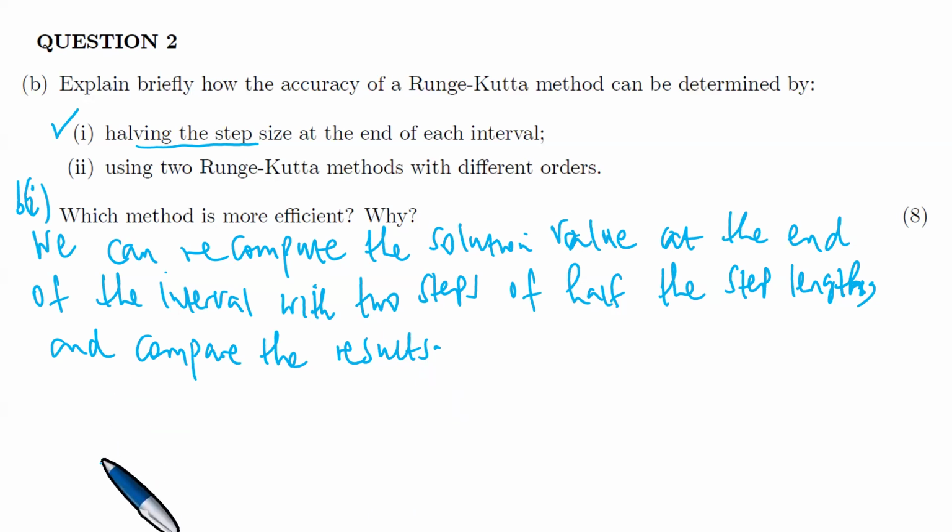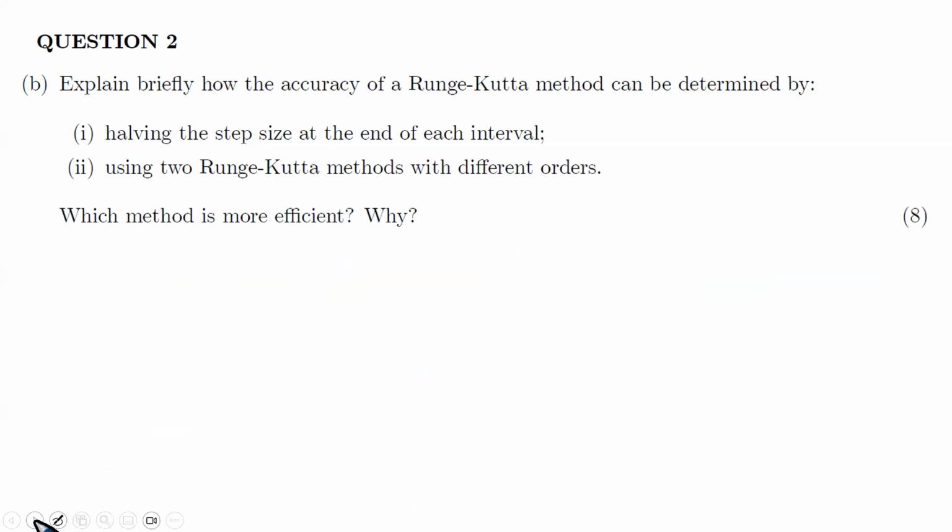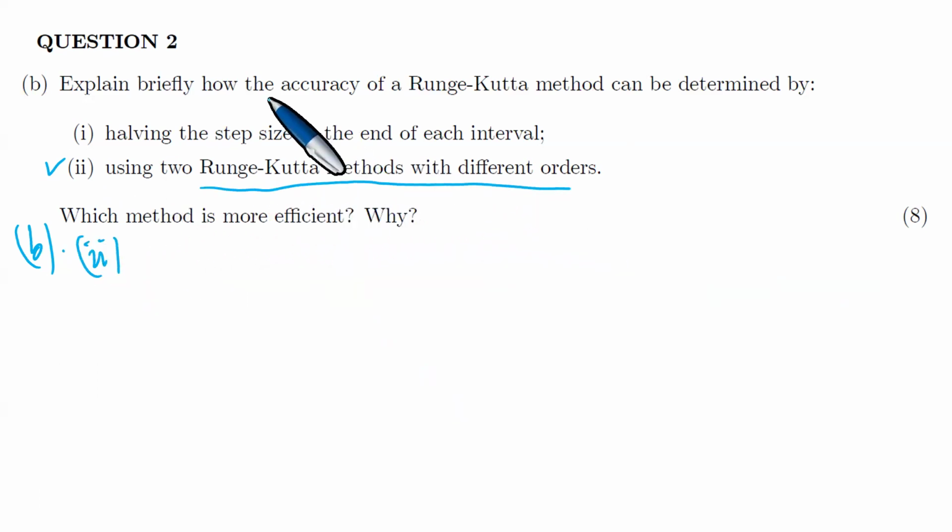Now, there is a description you need to understand in B's second Roman figure. Using 2 Runge-Kutta methods with different orders, how can the accuracy of the Runge-Kutta be determined? If you use 2 Runge-Kutta methods,